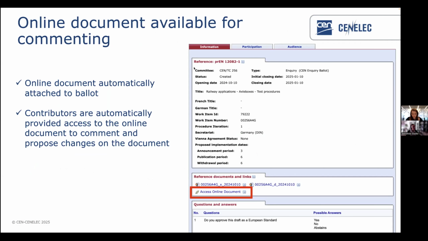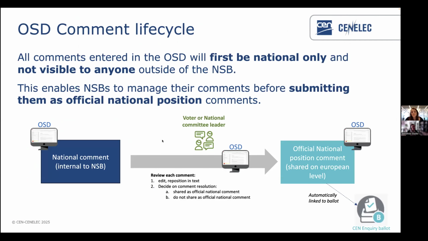Now, when the online document is available for commenting, well, the ballot is open, and you'll have in the reference documents and links a direct link to the online document. From there, if you click on that link, the OSD will open and you can enter your comments throughout the whole voting period. So there is a certain life cycle to these OSD comments, and that's basically also to safeguard a little bit so that you, as a voter, still have control of what you want to submit